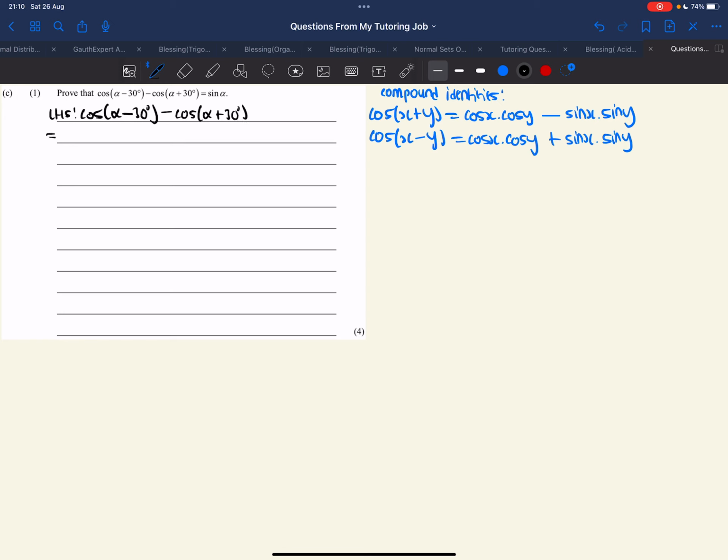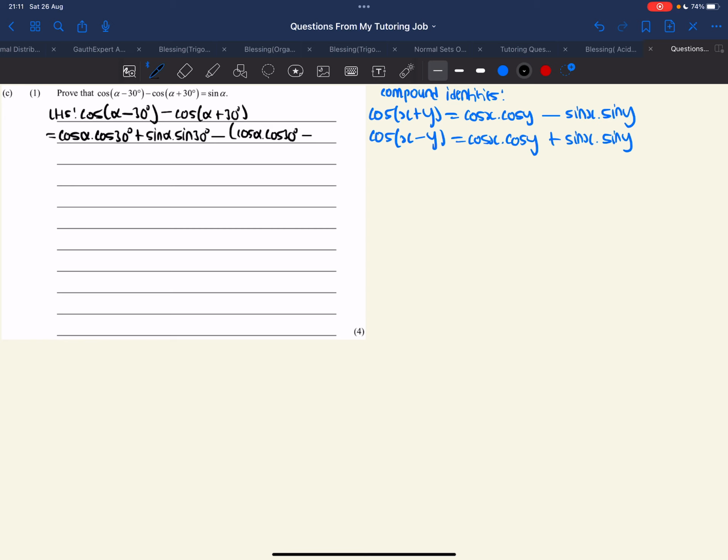Then we say equals, now remember using those rules we say cos of alpha cos of 30 degrees plus sine of alpha sine of 30 degrees. Then you say minus, and we open a bracket, then cos of alpha cos of 30 degrees,